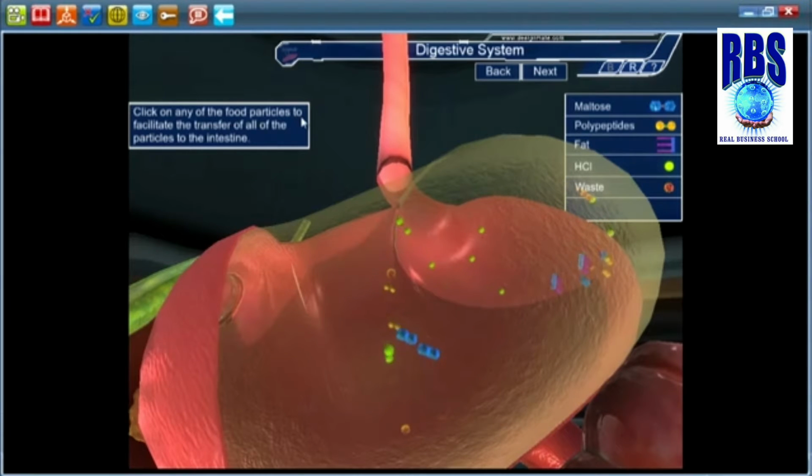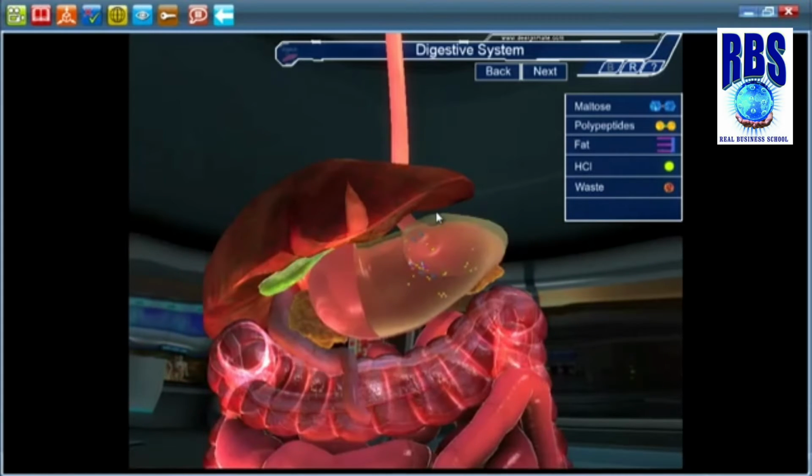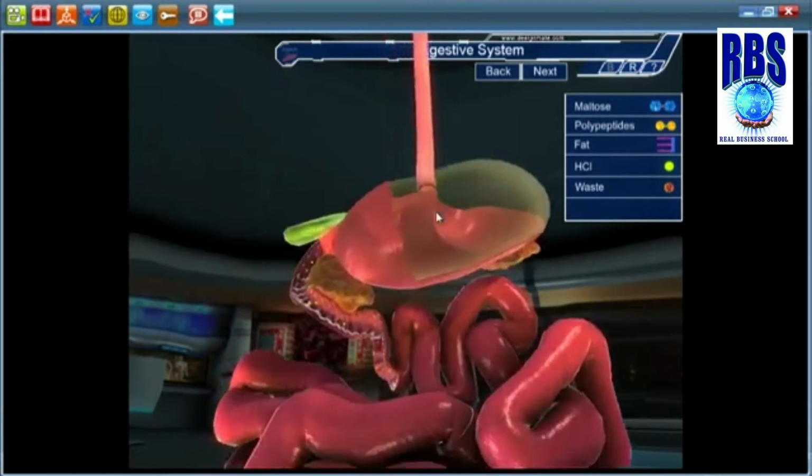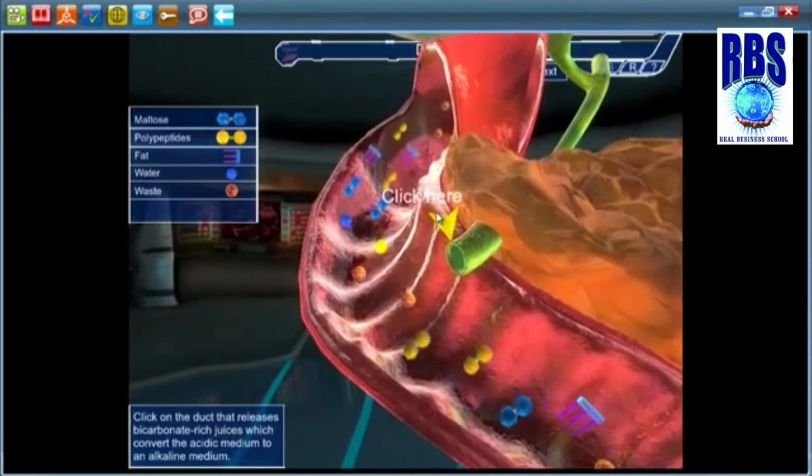Now click on any of the food items to facilitate the transfer of all the particles to the intestine. So I click any one of them, suppose this one, and it will take the food to the intestine. This is how you can follow the steps, you can follow the instructions to go through all the 4 stages